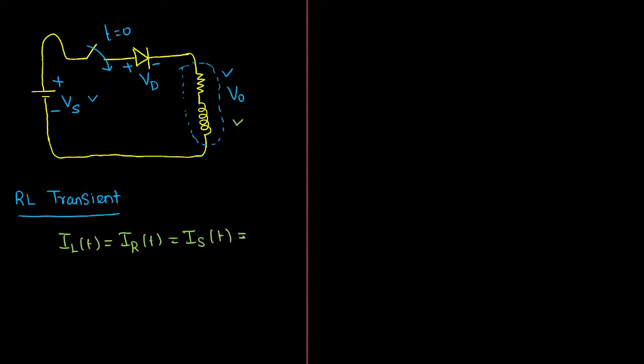Now you know how to write down the expression for the current through the inductor. Take the initial current as usual 0. Now it is your responsibility to find out the final current. What will happen? In the final stage, the inductor will be short circuited, so the supply voltage will simply be dropped across the resistor. So it is R, this is L. The final current will be equal to the supply voltage divided by the resistor, or IL of infinity equals Vs by R. How will you derive this expression? IL of t equal to